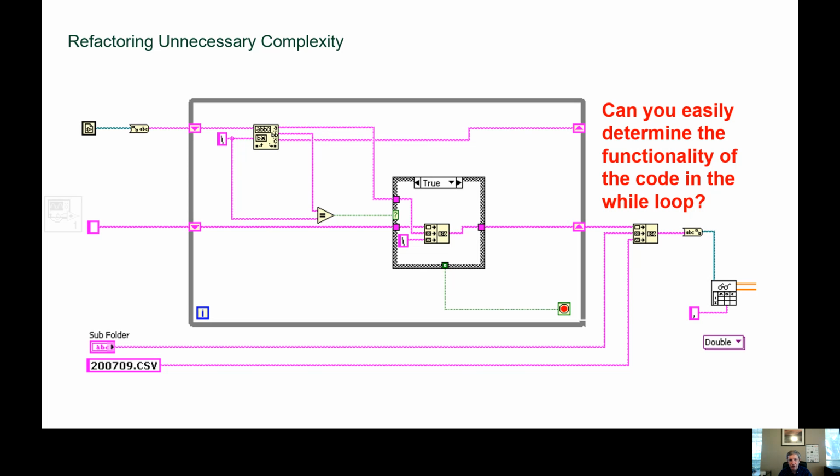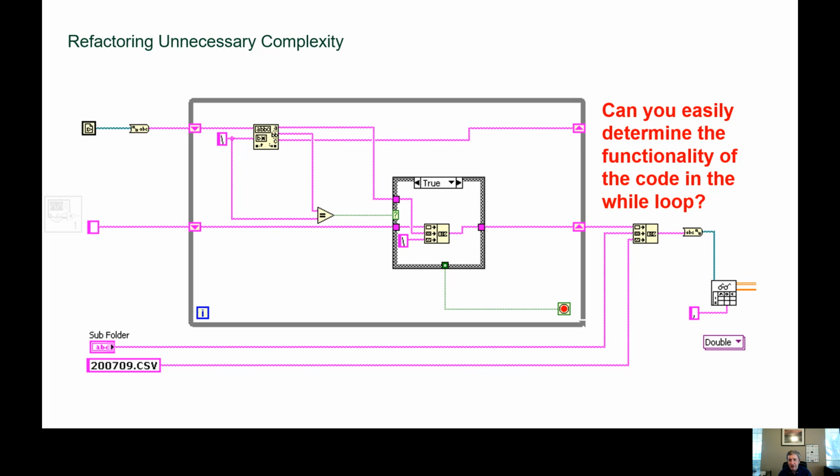This code is unnecessarily complex. All of that could be replaced with a strip path function. Keep an eye out for unnecessary complexity. I tend to notice it when it's smaller scale than this. Like this while loop took me 45 seconds to a minute to finally figure out, oh, that's just doing a